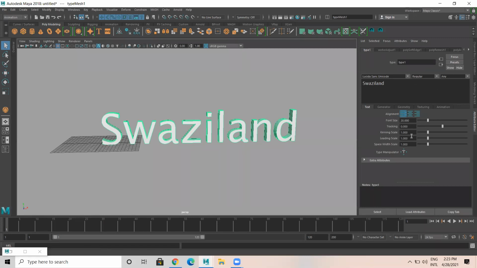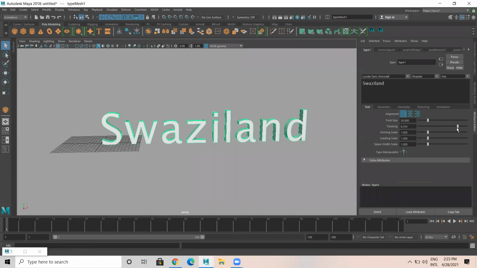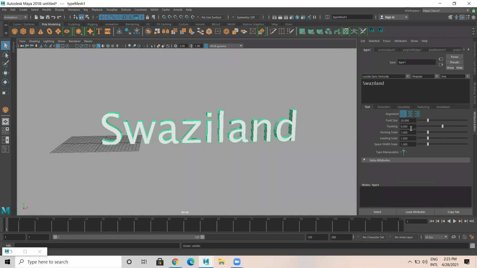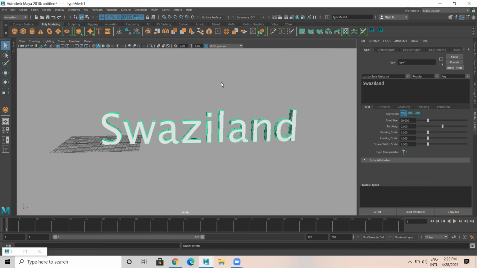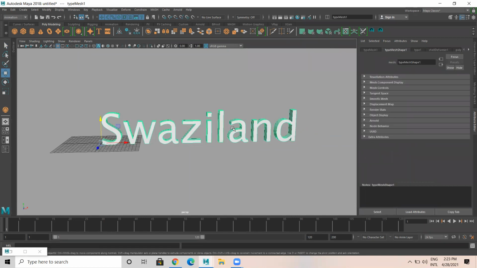And font size, kerning, leading, space with scale, all this you can do. So tracking, okay, you can give it some spacing in between the text, meaning letters, kerning, okay, it's too much. Okay. So for time being, let it be, I'm happy with this.